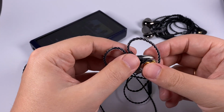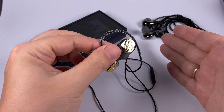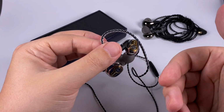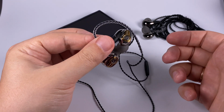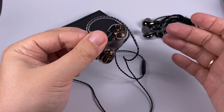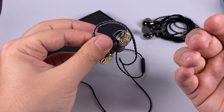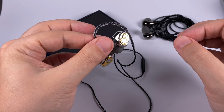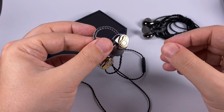And treble here is also a bit more present compared with the 03, so if you're sensitive to treble, probably you need to test these in-ear monitors before buying, or just reconsider this purchase because they have more treble. For me it's also a good thing, because treble here balances the low frequencies and gives an overall more natural signature. They just added a bit of treble, but because they have less bass, treble is more